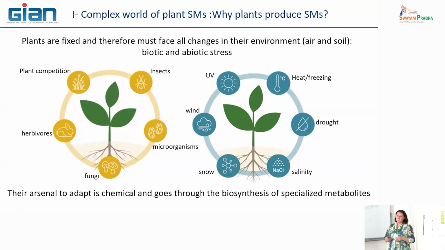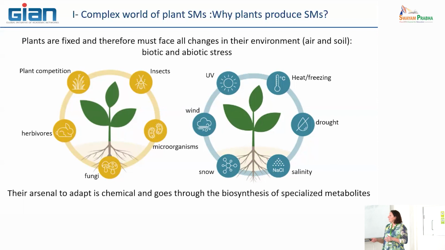And this is very important, because when you harvest a plant in order to screen its ability to produce a certain type of metabolite, the result depends on the situation in which the plant is. You can completely miss a large part of the capability to produce some specific metabolite. So it means that we need to put the plant in several types of environment in order to have a complete idea of its metabolite production properties.